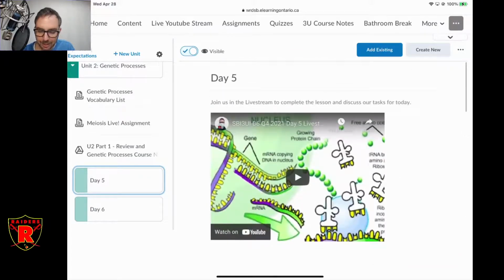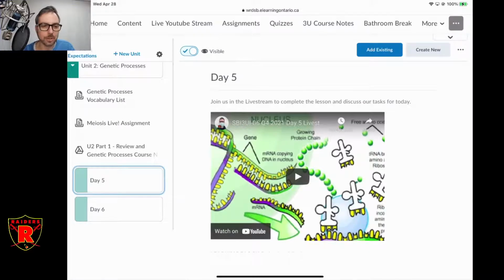And then that's pretty much it for today. It's not a ton of stuff from the next unit, but we are going to get started. And I will discuss very briefly what the assignments are for the second unit, although it's similar to Unit 1. There's a major assignment, there's a vocabulary list, and there's a quiz. It's pretty much always the same.